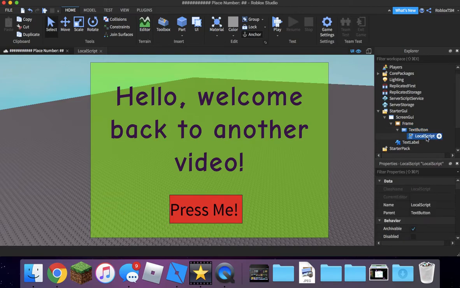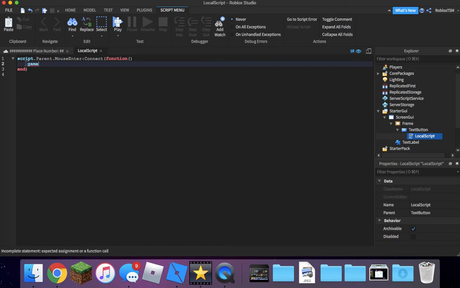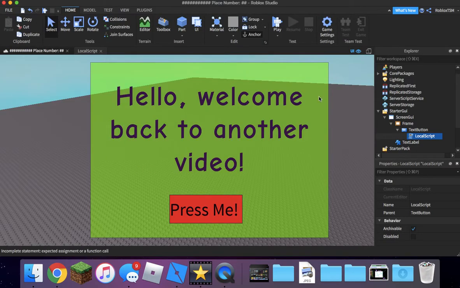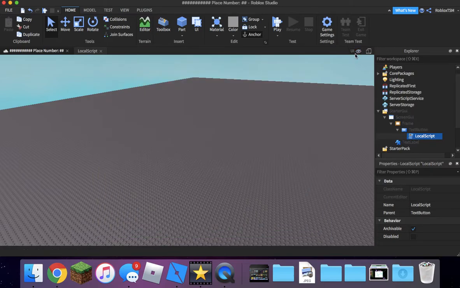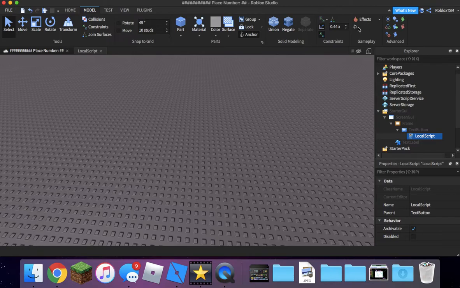So we can change the local script, so we can get rid of that, and we can make it so it makes something in the game go invisible. So if you want to make this invisible temporarily, then just press that UI button, and then let's add a